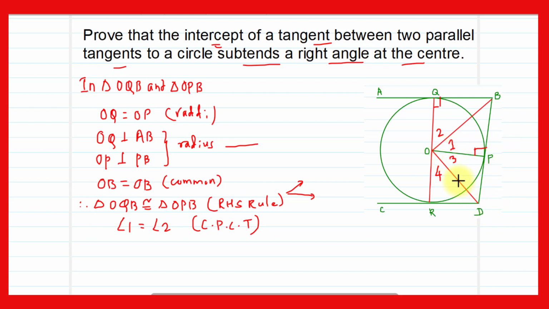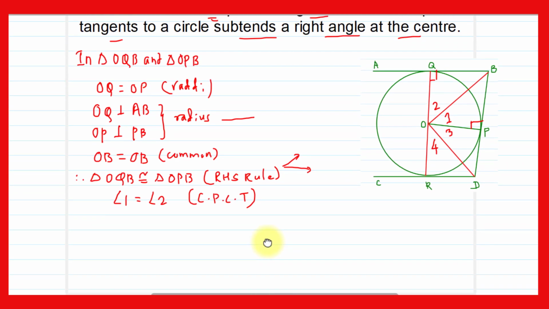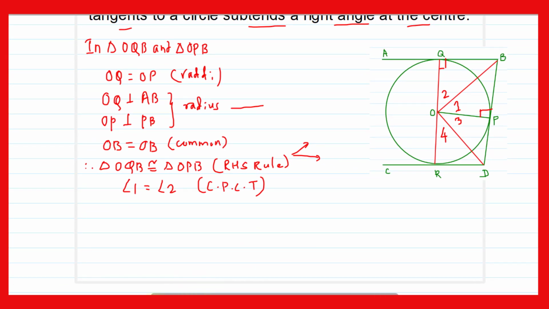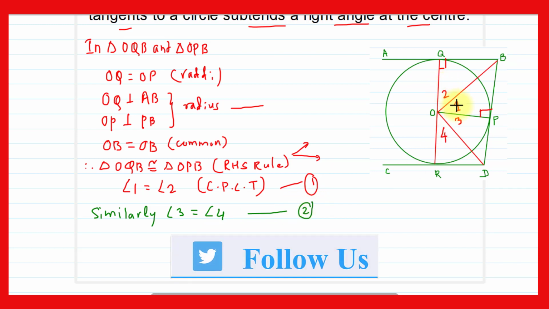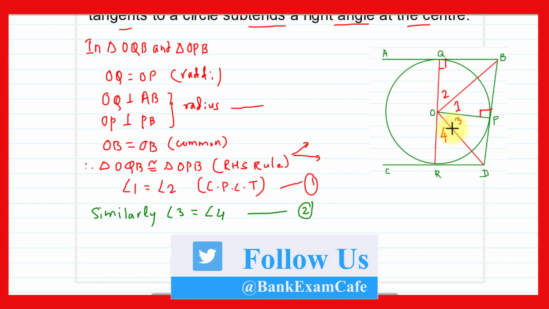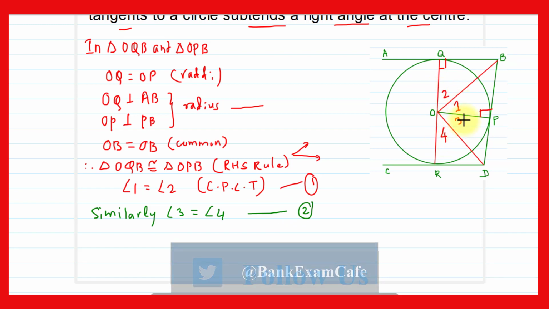Similarly, in triangle OPD and triangle ODR, these two triangles can be shown congruent, and therefore angle 3 and angle 4 will be equal. Let this be number 1. Now similarly, angle 3 is equal to angle 4. Let this be number 2. Now here angle 1, angle 2, angle 3 and angle 4 form a linear pair,